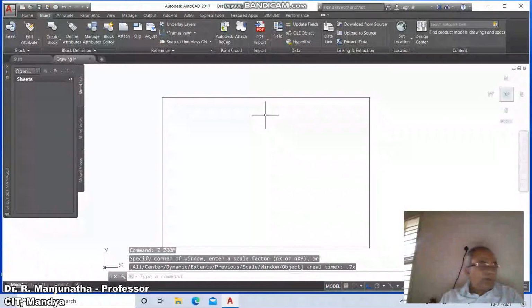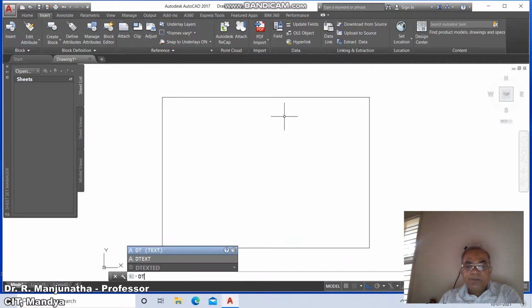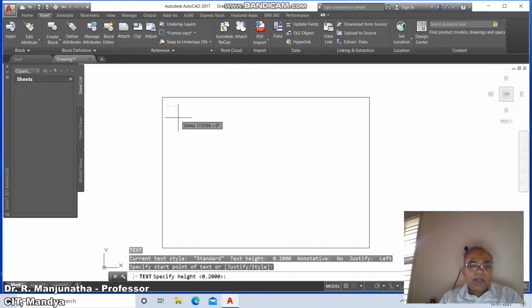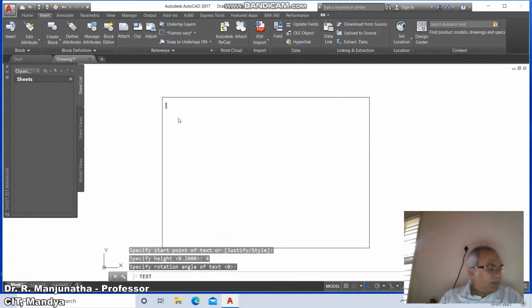Now we need to type the problem. So here go to dtext, text, specify the start point of the text. I will keep it here, and then specify the height. I will take 4 mm height. Specify rotation angle as 0.